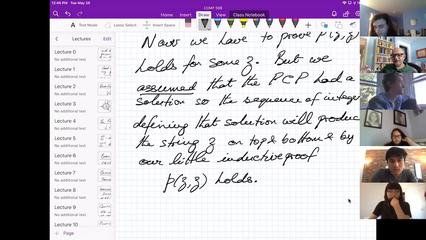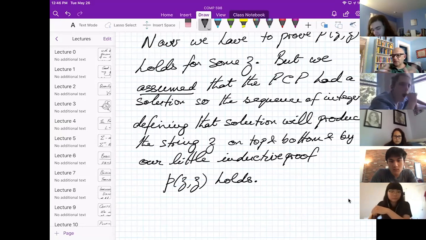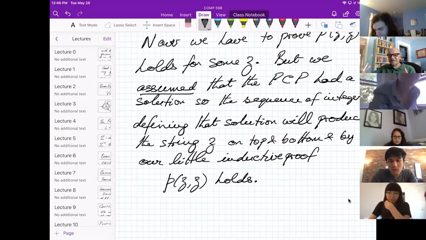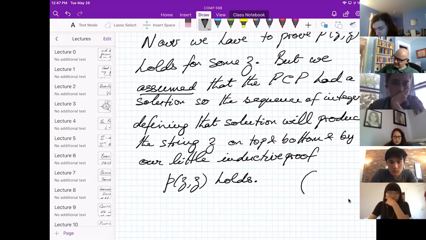We just said, doesn't matter how you're interpreting it, the logical formula has already baked in induction into it. So this holds for anything that I can construct from the PCP. And then the PCP solution assumption is that there is a solution that actually produces the same thing on the top and the bottom. That's exactly what exists Z P(Z, Z) means. So if the PCP actually has a solution, this formula certainly is valid. And that is the end of our proof.